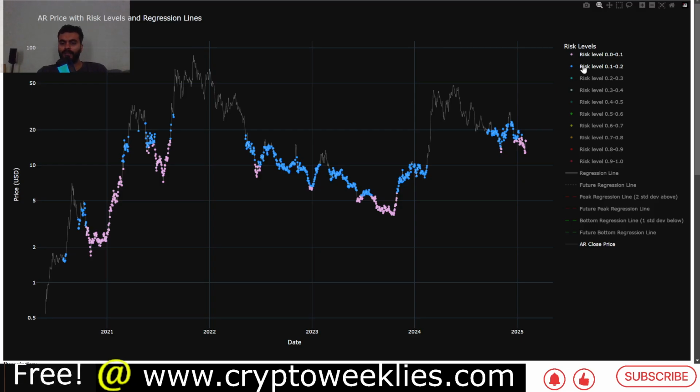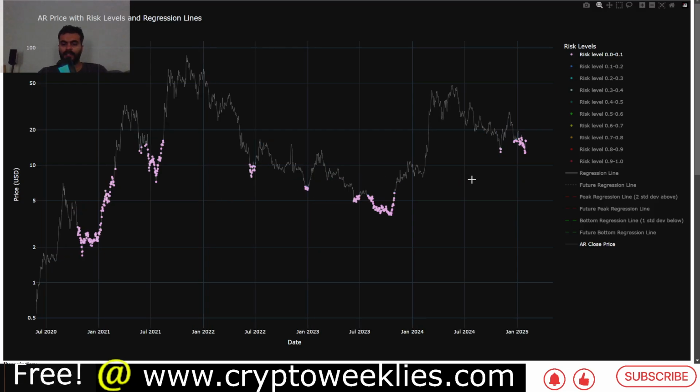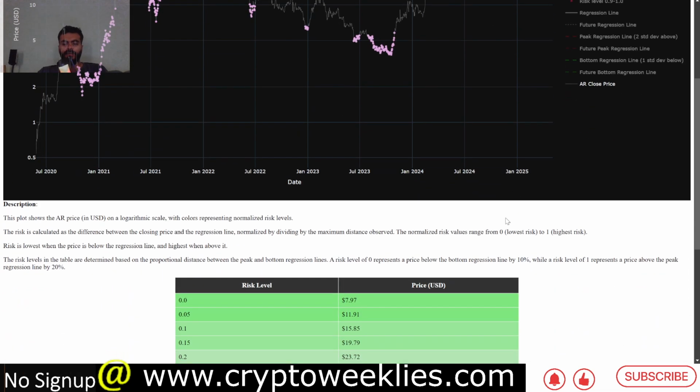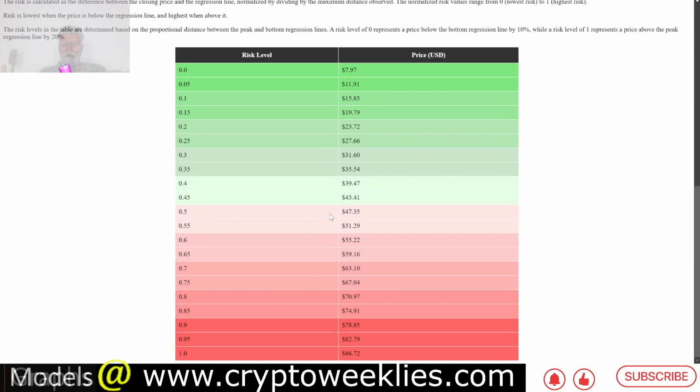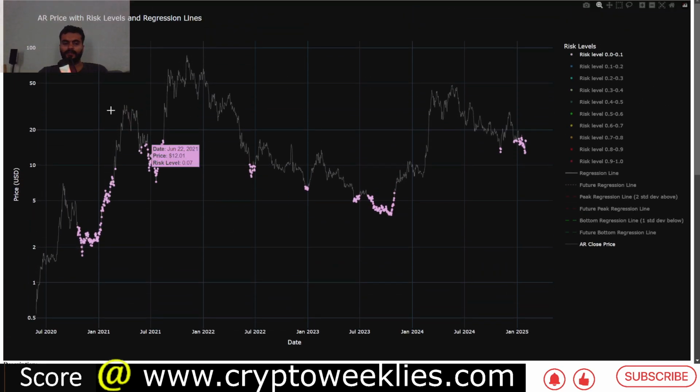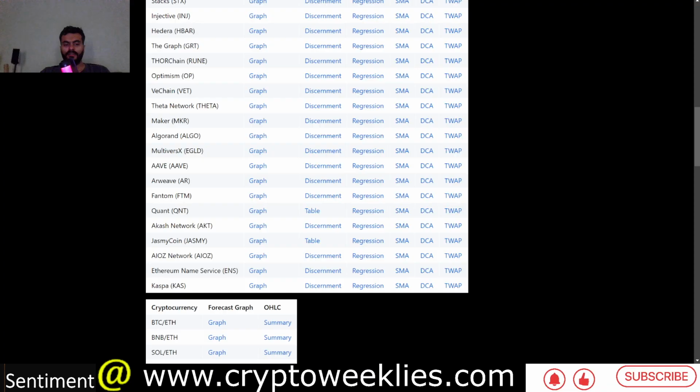And if you want to go as low as you want, only less than 10% risk, we are at one of those phases. Based on this model, the moderate targets for Arweave could be between $47, which is at 50% risk, to about $70 at 80% risk, and above $70, between $70 and $86, is the higher end of the target established by this model.